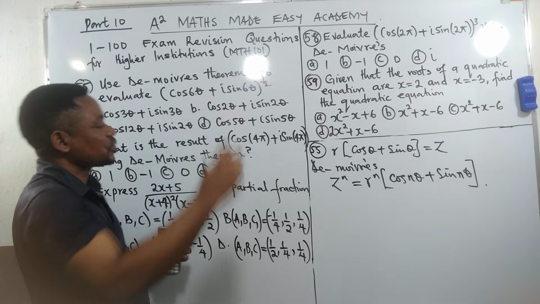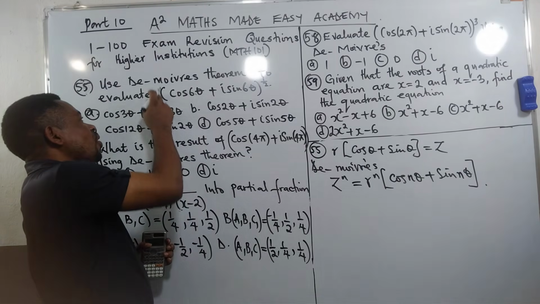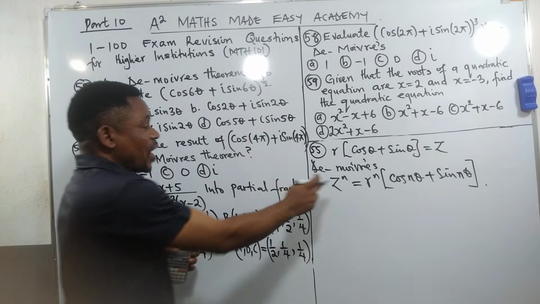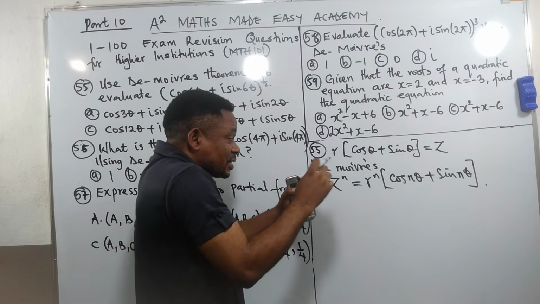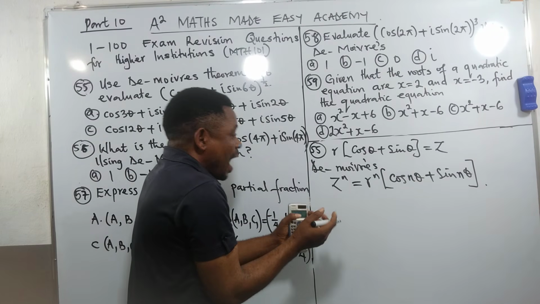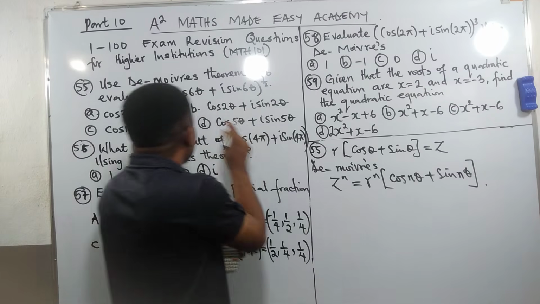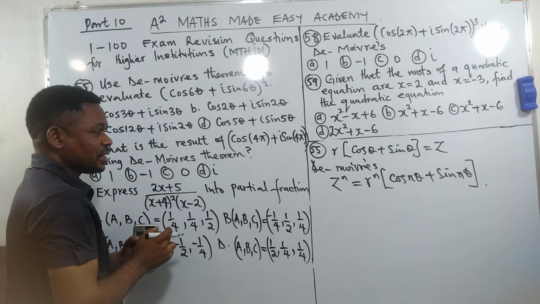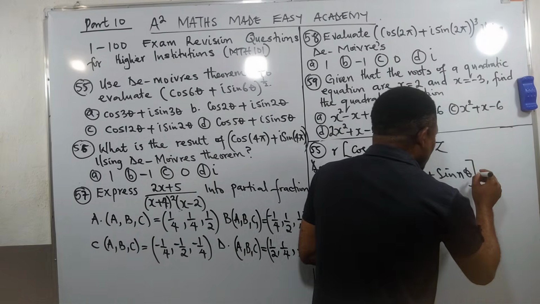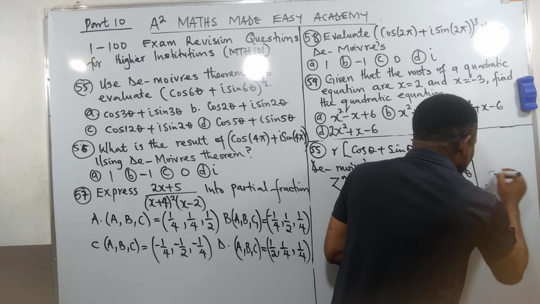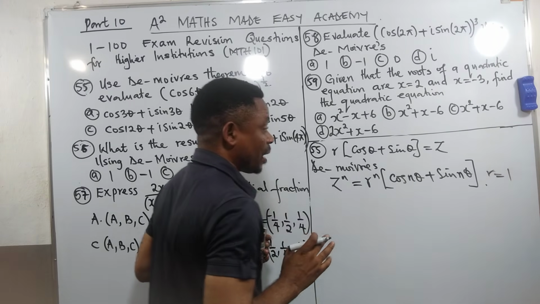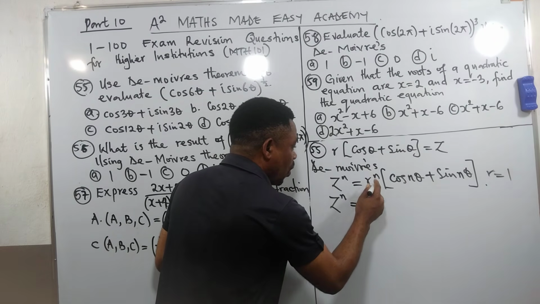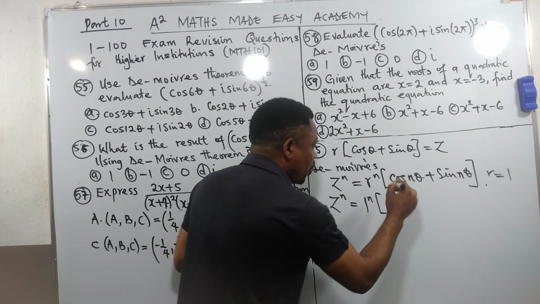But if you observe this particular question, the coefficient of all this is 1, which means the value of r is 1. In a unit circle of a complex number, r is 1, and that is why you did not see r here. So we now consider this when r is equal to 1. It will now be z to the power n equal to 1 raised to the power n